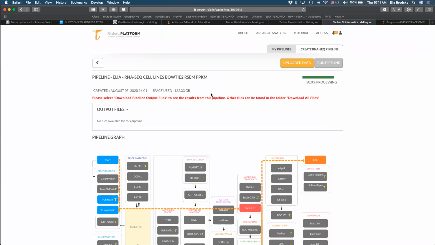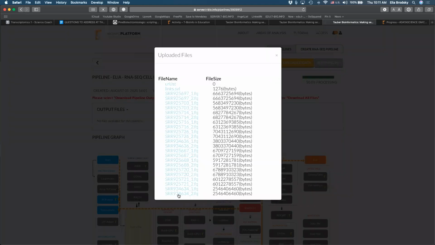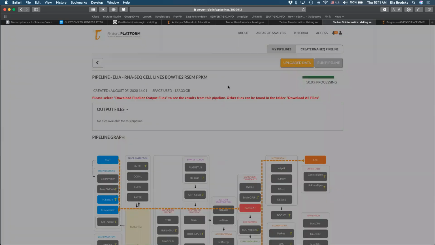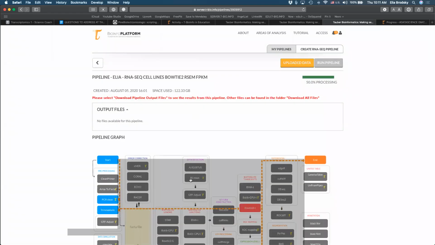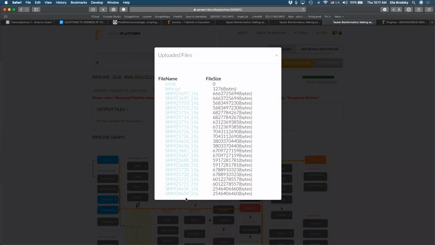Okay, another thing that I want to point out here is that you can see what data has been uploaded. So remember, we use this SVL file. So if you can go into your pipeline, just click right here on uploaded data. If your pipeline is more than 0%, then you should see here the files that were uploaded. Okay, so please let me know if you can see files here on uploaded files. So if you can, say yes.